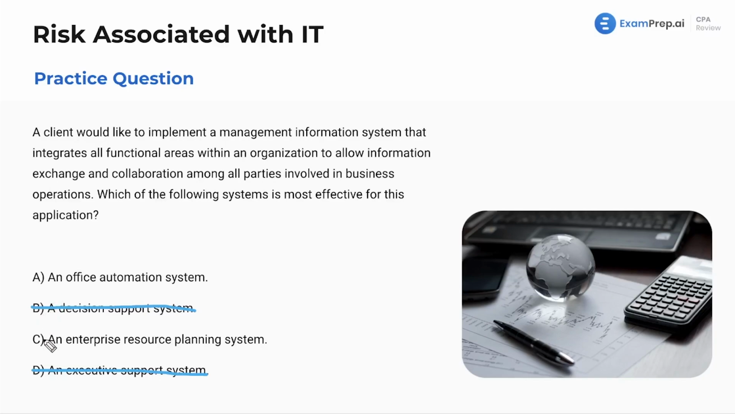That leaves letter A and letter C. Well, an office automation system, this term is much more general. An office automation system, this could be anything from rerouting voicemails to a certain office to being a phone dial system or anything that automates a presumably manual process within an office. That's why I'm going to cross off letter A, because ERP, an enterprise resource planning system, this is for sure